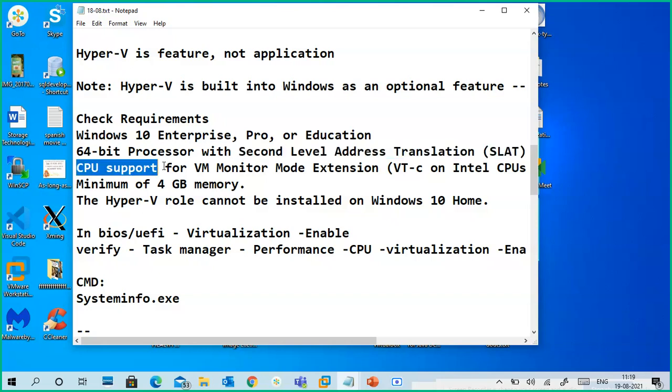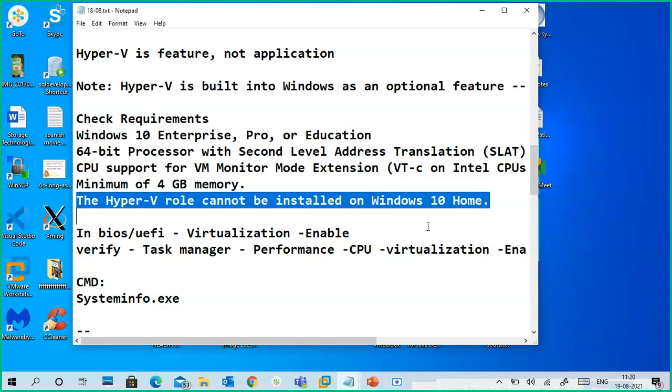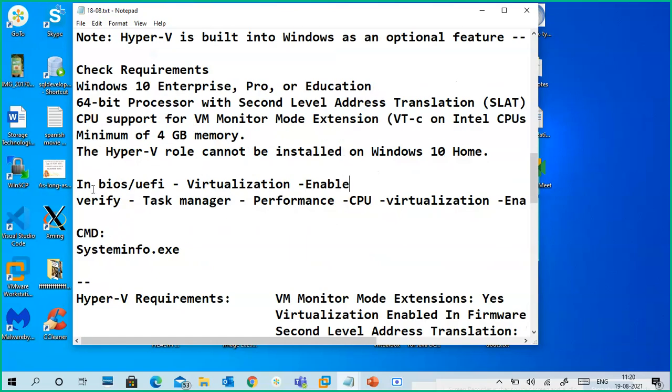Make sure it is enabled, and also verify in your system whether it is enabled or not. CPU support for VM monitor mode extension is needed, and a minimum of 4 GB memory. When you install Windows 10, 2 GB memory is enough, but for the Hyper-V feature, 4 GB RAM is compulsory. If you want to create multiple virtual machines, more RAM is required. The Hyper-V role cannot be installed on Windows 10 Home, so no choice at all.